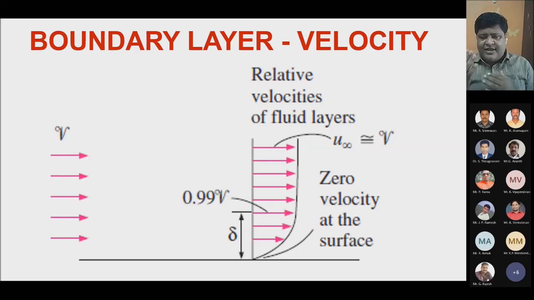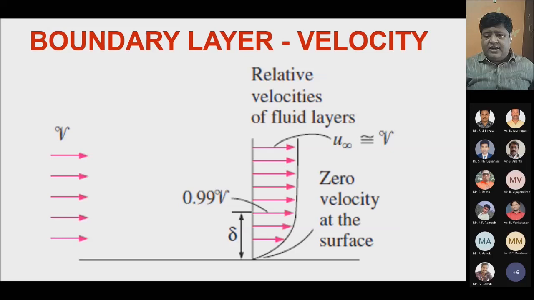It means beyond that thickness, the fluid is not affected by the presence of the solid body below it. The fluid beyond that boundary thickness does not have any effect because of the solid body. So that is the boundary layer, delta. Suppose a flow is there on your flat plate, wherever the velocity of the layer is equal to 99% of your free stream velocity, that you take as the boundary layer. So there again you can see that u infinity is approximately equal to the velocity beyond the boundary layer, which is the free stream velocity.